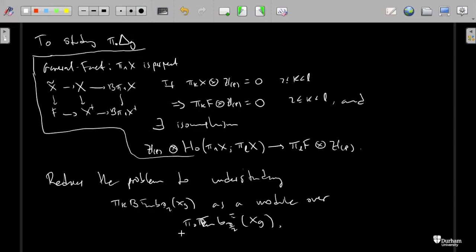Okay, so I'm saying this because if you can compute it as a representation over this group, then you have a chance to compute the coinvariants, right? And hence you will be able to compute. So in our case, F would be like delta G, right? Okay, so let me tell you quickly how this is done.